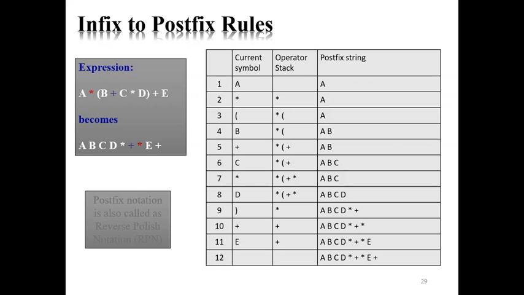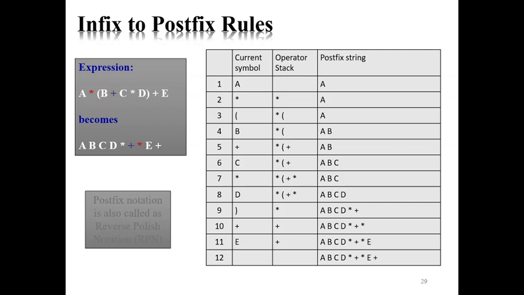What does it give us? A, with an empty operator stack, gives A. The multiplication sign, or star, or times, whatever you want to call it. If we have the symbol and the stack, both of them, we give A. And the left parenthesis and the multiplication sign,